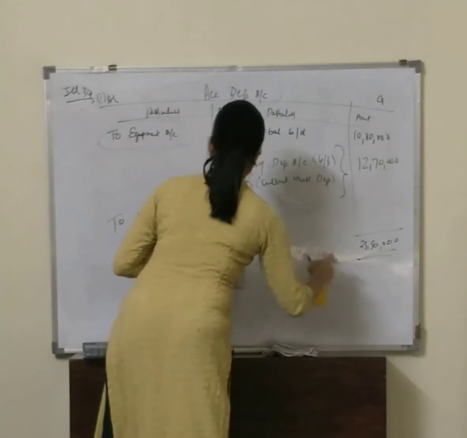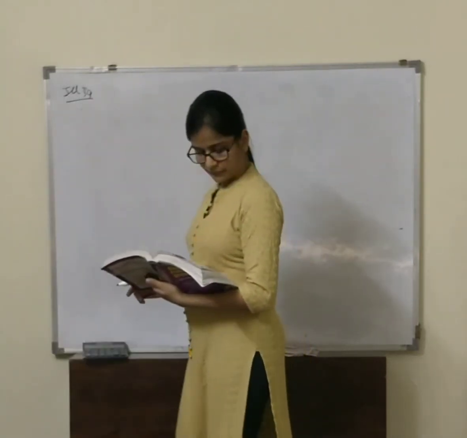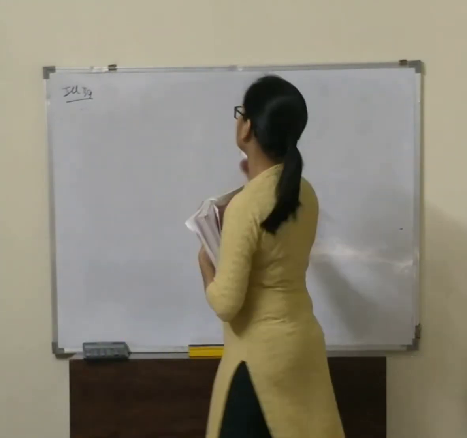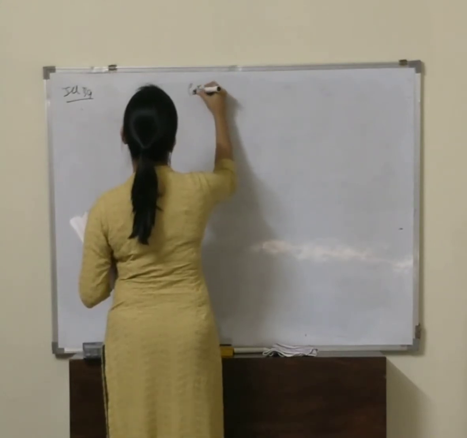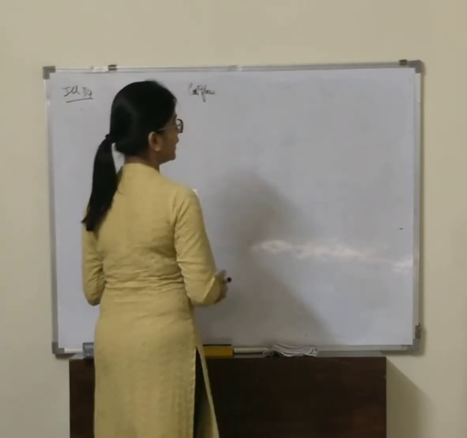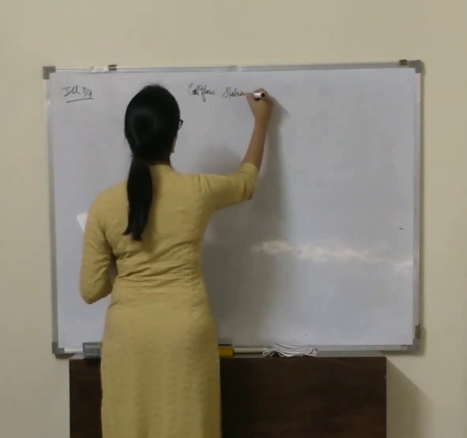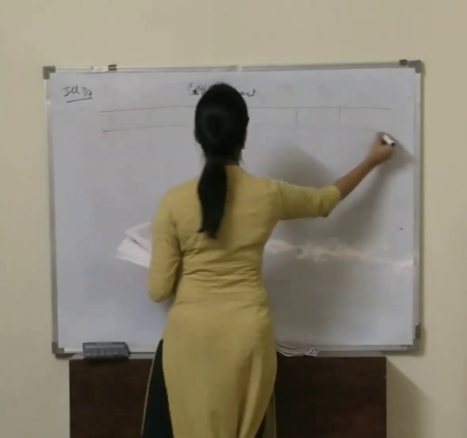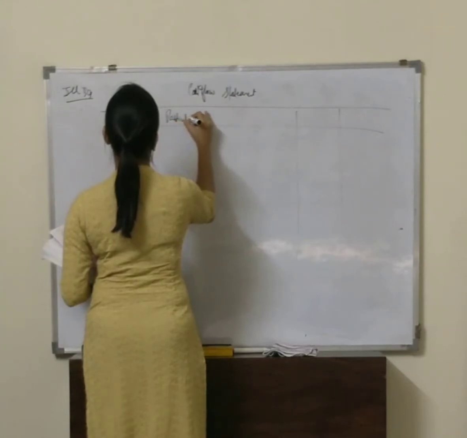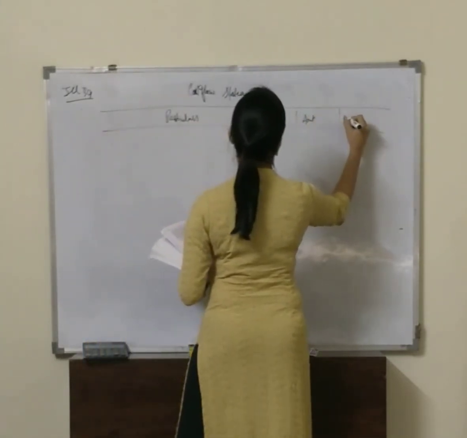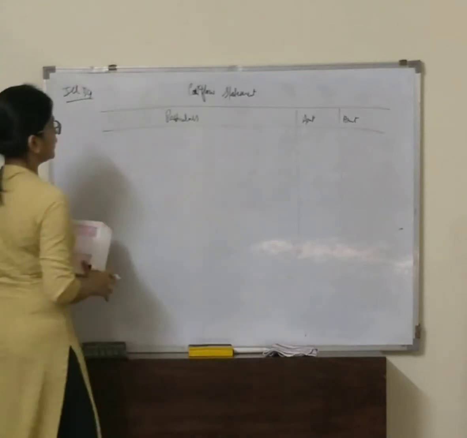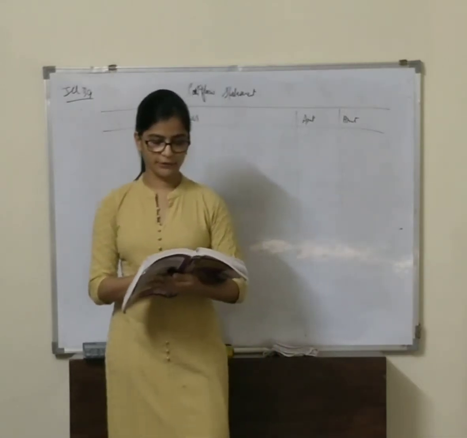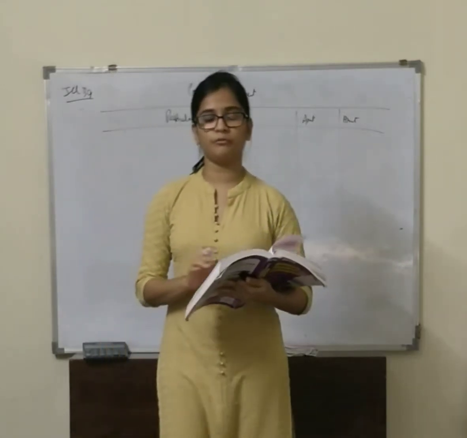It is 12,70,000. Next, I have asked us the second question, how each of the item related to the equipment will be reported in statement of cash flow. So we will write cash flow statement. So next we will be writing cash flow statement. We will have particulars, amount and amount. So first, they have asked us where each of the item will be written on our cash flow statement. They have not just asked us to prepare cash flow from investing activities.